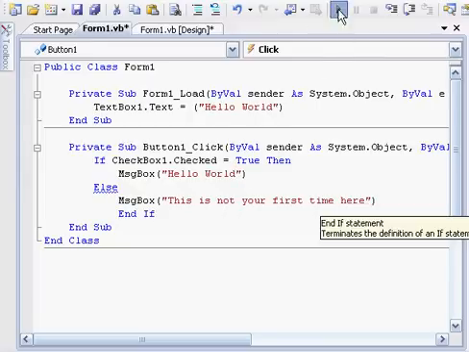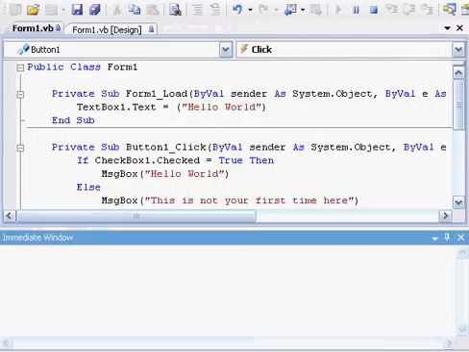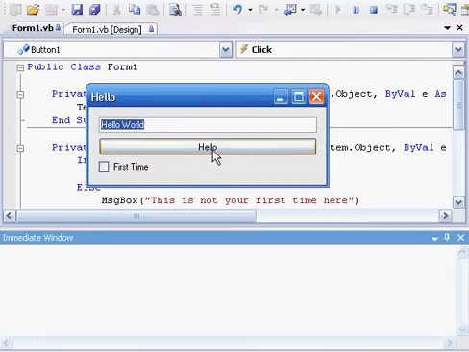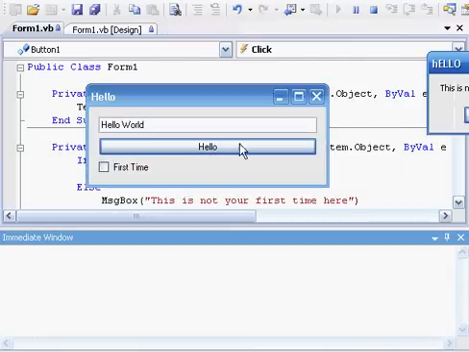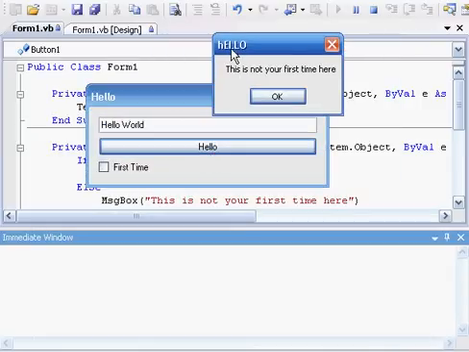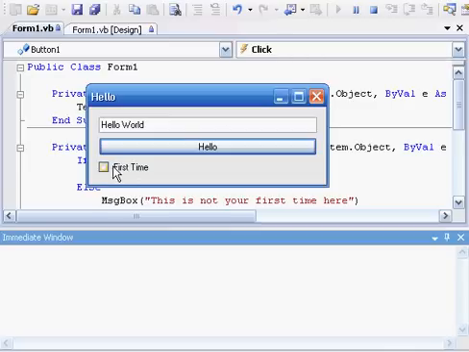And then if we debug that, you see it all comes up okay. So if you click that, it should say it's not your first time here, which it does. But if you click that box, so it's checked now, and it should say hello world,